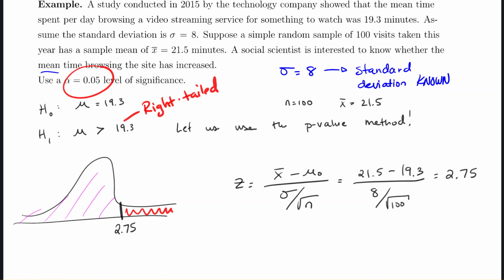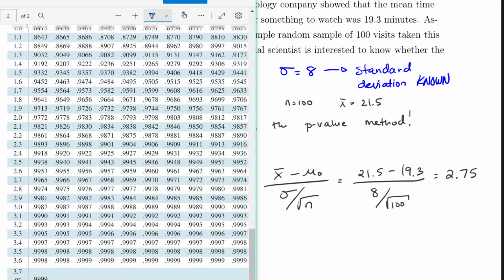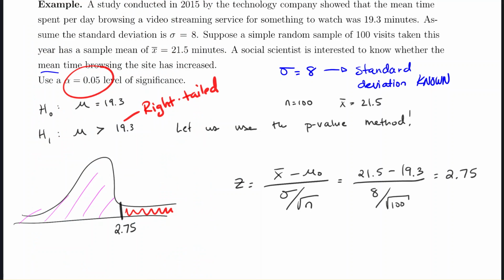So let's go to our chart. And we're interested for the z-score of 2.75. So I'll zoom out a little bit. 2.7 is this row. 0.05 is this column. That gets me 0.9970 is the amount of area to the left of 2.75. But that means the amount to the right is 1 minus 0.9970, which is, if you type this into your calculator,